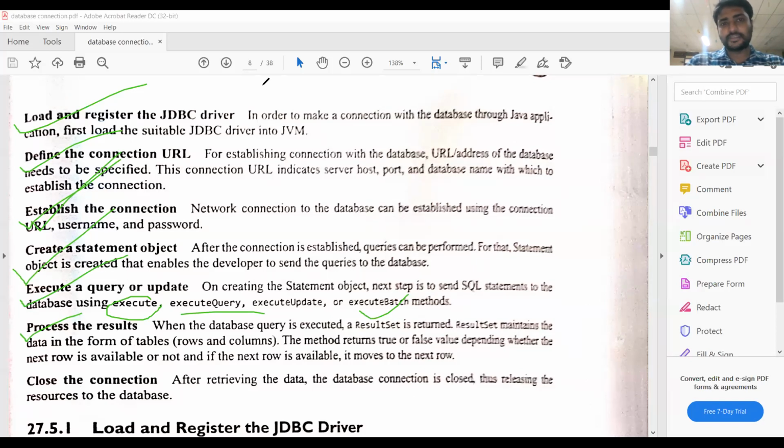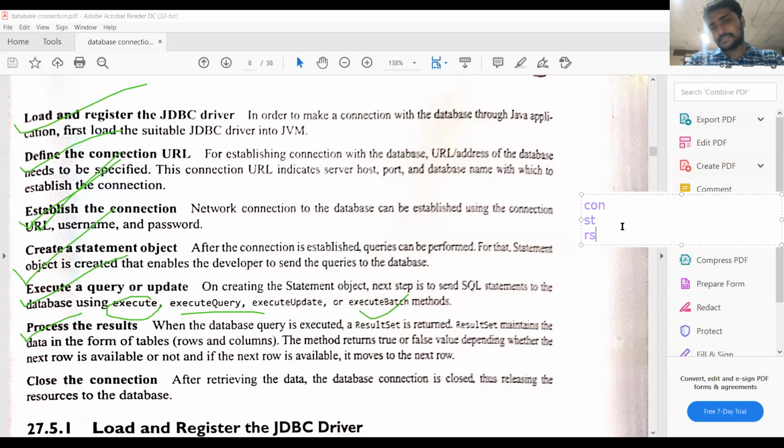So here, broadly, we can have 3 objects. First one is the connection object. Next, statement object. Next, RS object. So we need a connection class, we need a statement class, we need a result set class.